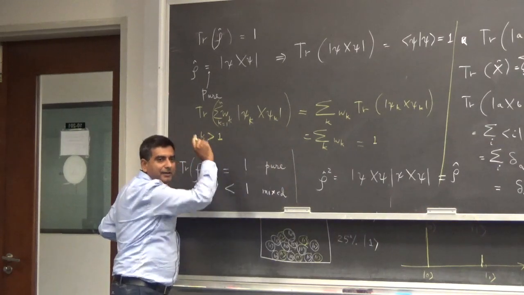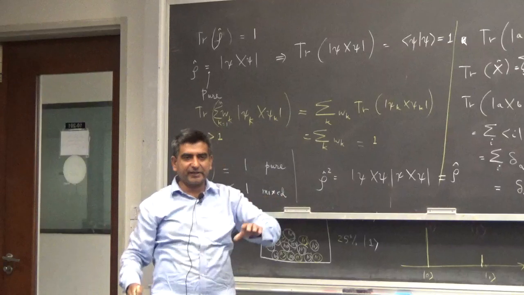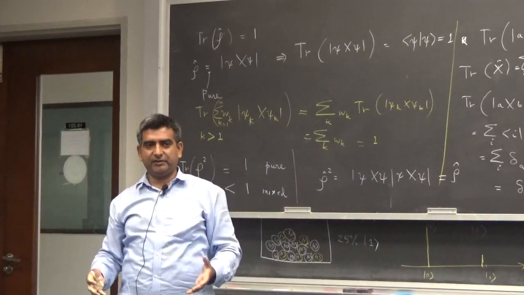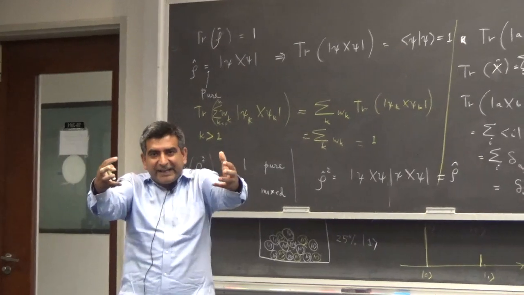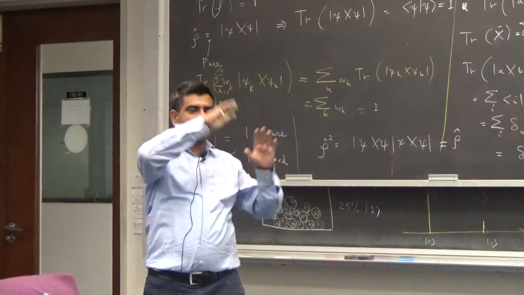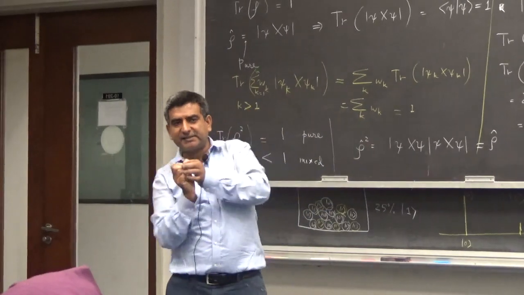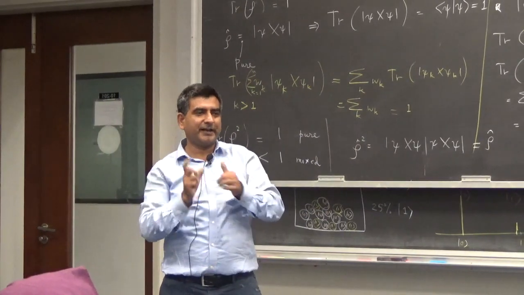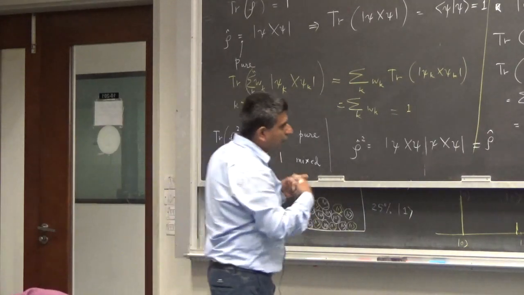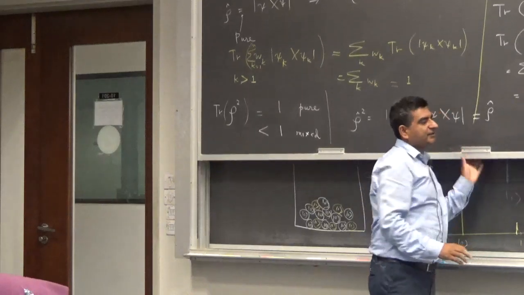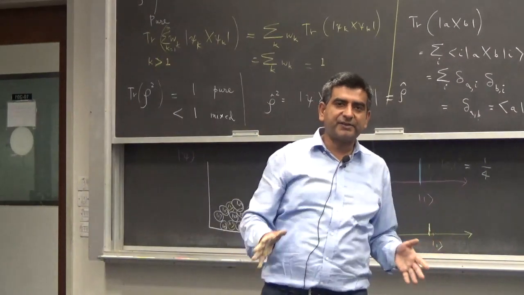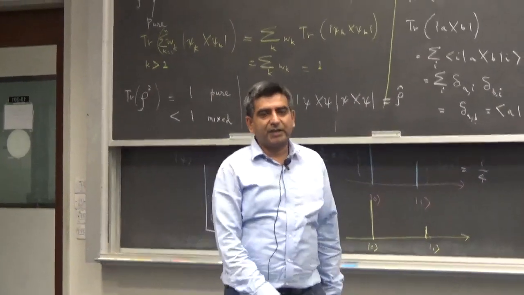If you have a Bloch sphere and I'm talking about a single qubit, pure states live on the surface of the Bloch sphere. Mixed states live inside. One extreme is a pure state, the other extreme is a maximally mixed state. I'll explain that in the next lecture. So this is just a motivation for density operators. We'll look more at density operators. In the next lecture, we're going to look at how to quantify information, what is Shannon's entropy, and so on. So inshallah, in a day